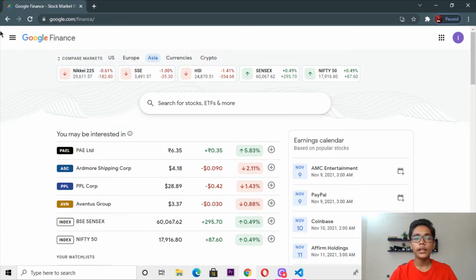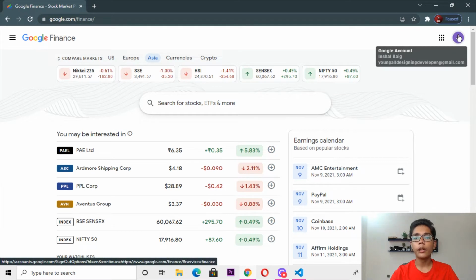You can see that in Google Finance, we first of all get the side menu, you can say burger menu, like we get in all the apps which we have made, and here in the Google Finance we are making today. After that, we get the logo of Google Finance written. Here we get a white color background, and then we get the Google Apps button at the right side, and with that we get our Gmail icon.